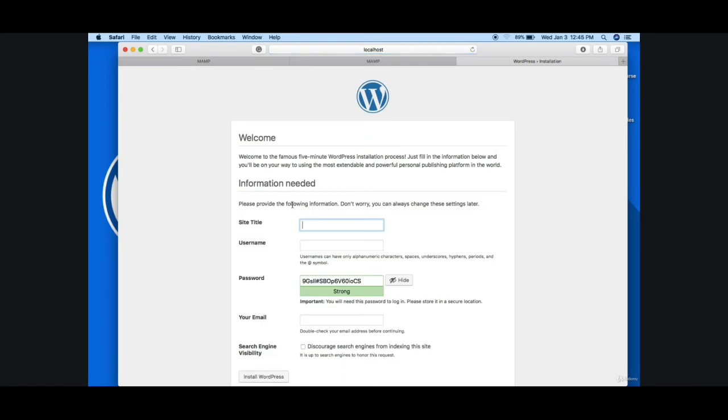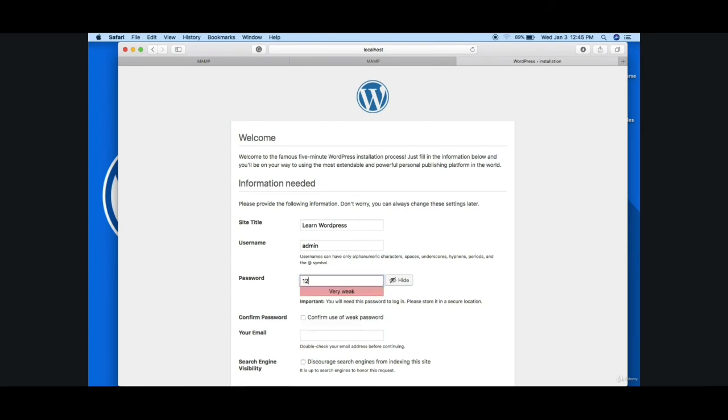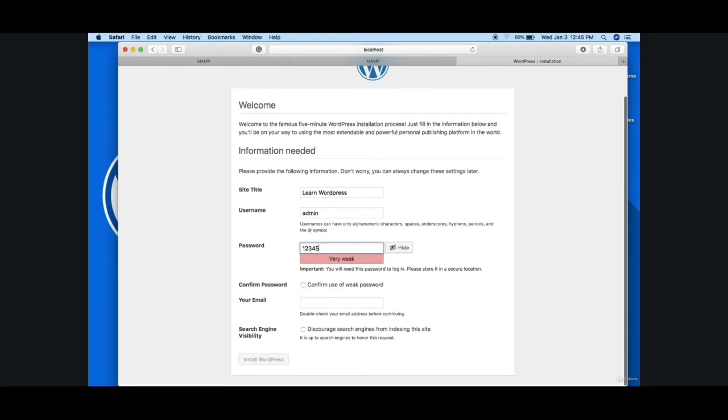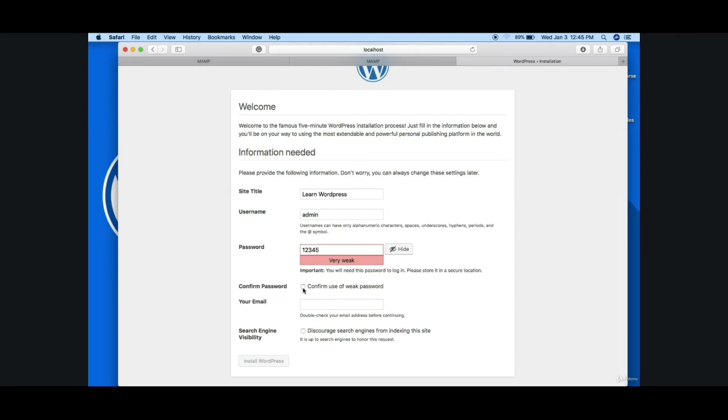Run the install, and here you can enter the site title. So I'm going to enter Learn WordPress, and my username will be admin, and my password will be super funny 12345 and confirm use of weak password. And here you can enter your email. So I'm going to enter a super random fake email, which is info@idon'tknow.com.